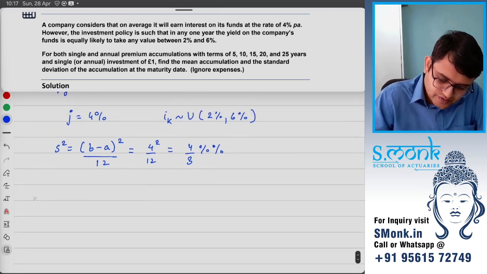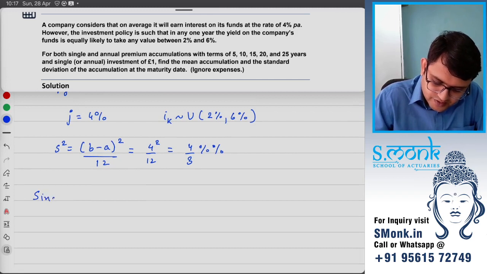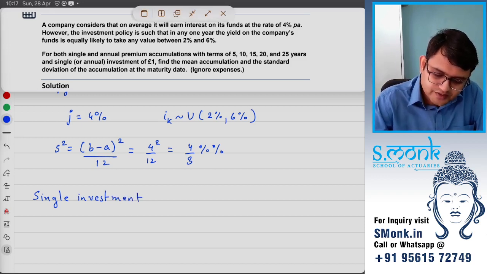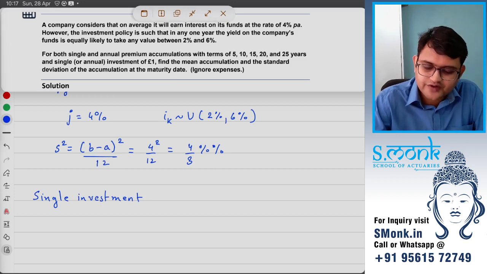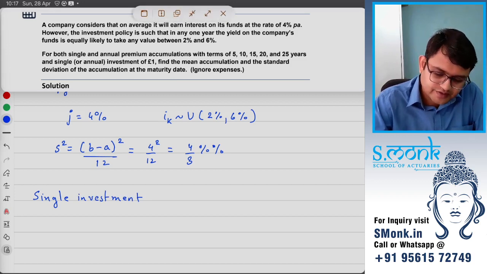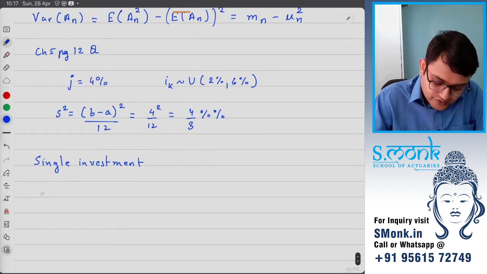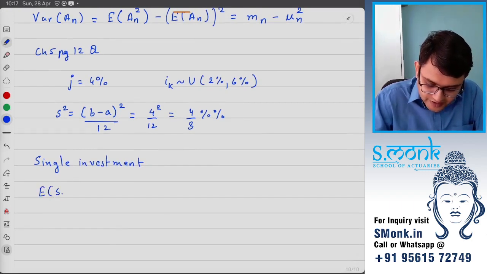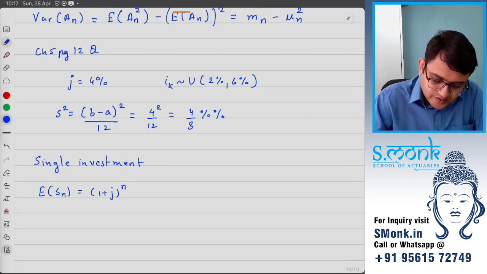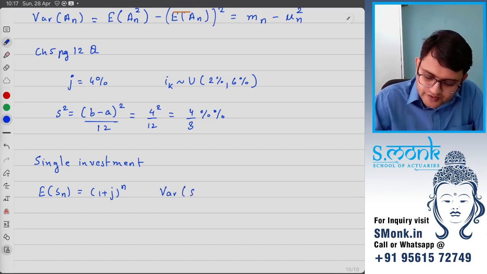So if I say single investment, for a single investment, we'll do 5, 10, 15, 20, 25 later. Okay. First, let's just make a simple formula. So we know the expected value of Sn is just 1 plus j raised to n, and the variance of Sn